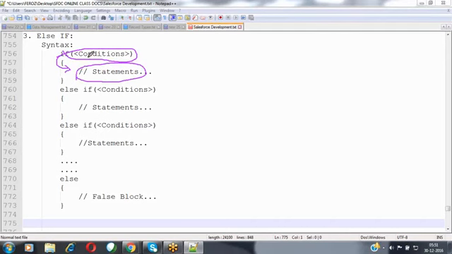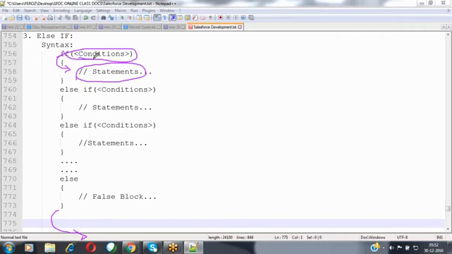If this condition is not satisfied, because for every condition there might be one possible result, either the condition may be satisfied or the condition may be false. If the condition is satisfied, it will be entering into that immediate block and executing those statements. Once the block of statements has been executed, it will come out from that if condition. It won't verify the remaining conditions. At a time, only one block of statements will be executed inside that else if condition, not multiple blocks of statements.